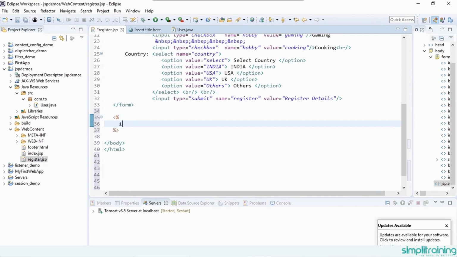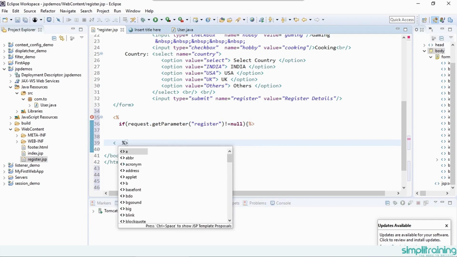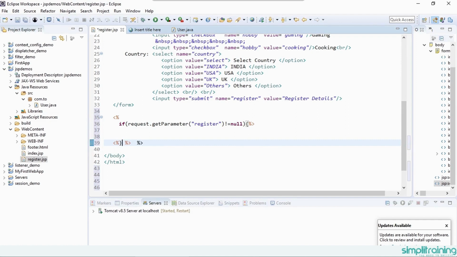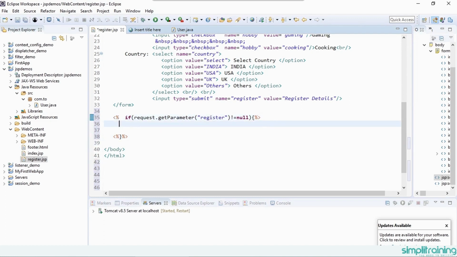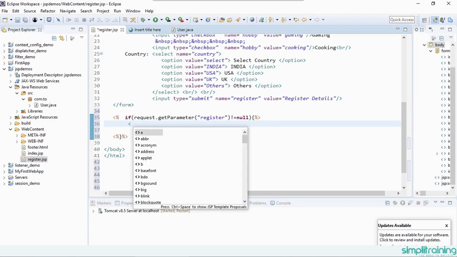Here we'll say if request.getParameter("register") not equal to null, okay, we'll open another scriptlet here which will hold the closing bracket. This will hold this if condition, and here we will now say JSP